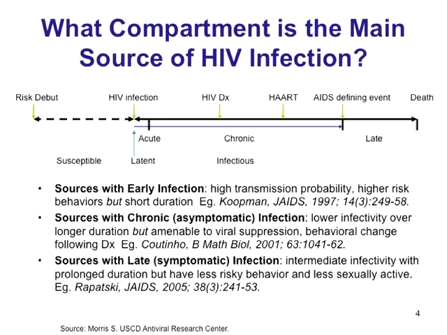During this phase, people are also more likely to be aware of their status and can take behavioral measures to reduce transmission risk. Also, if they're on treatment, their viral loads will also fall, reducing their likelihood to pass on the virus. Sources with late infection have intermediate infectivity, higher viral loads than in the established phase of infection, but because generally people in this phase are quite sick and probably aren't having a lot of sex, there's a lowered risk of transmitting the virus.